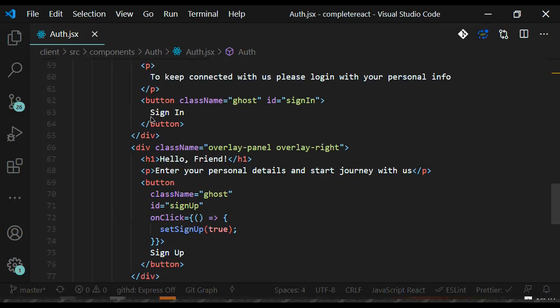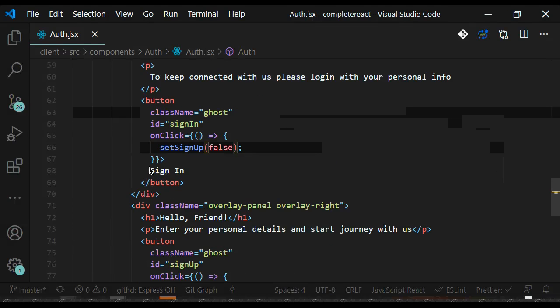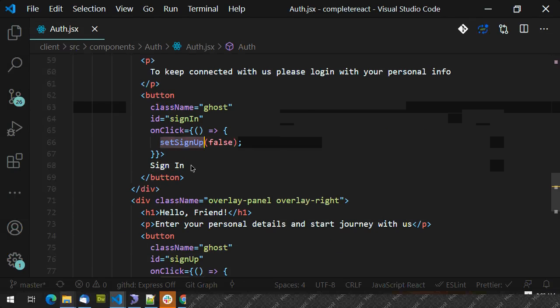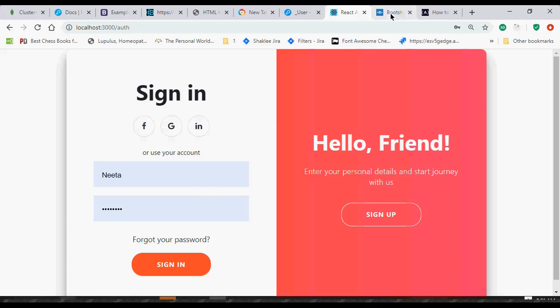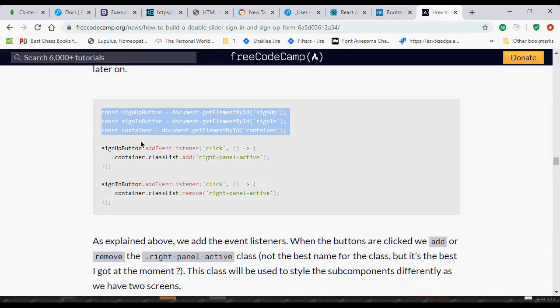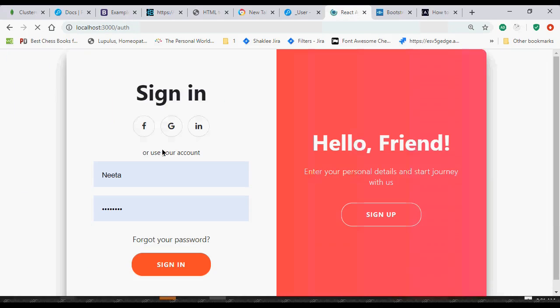So I will also write the code for the sign in one. I will copy this code here, and here setSignUp will become false. So when I click sign in, it will become false, and I am not inside this one, and I will be able to see the left side. But when I click sign up, this will become true, and we are inside this, and I will be able to see the right side. So I'm basically making this in React. So now if I refresh,